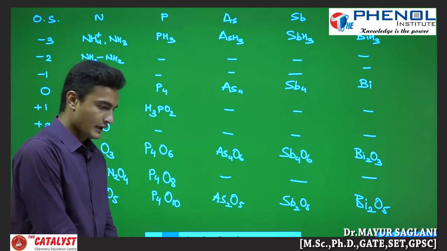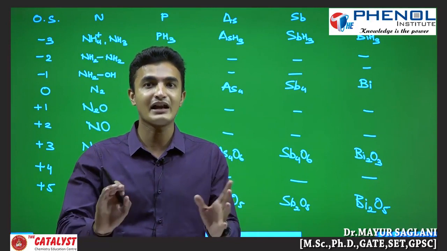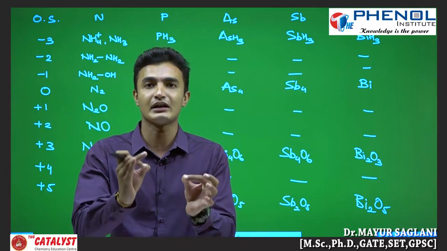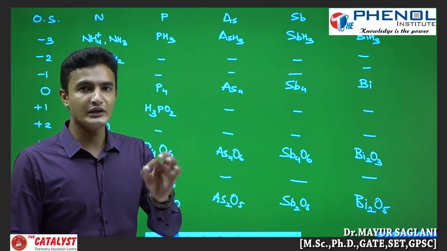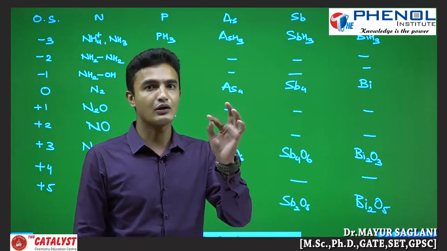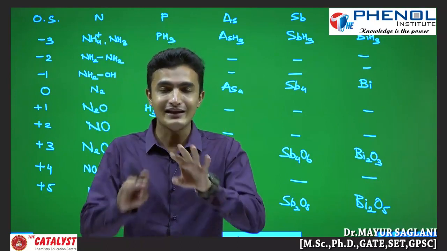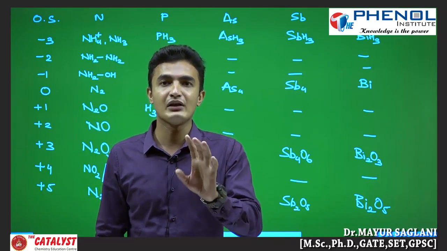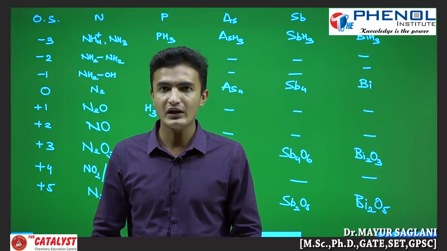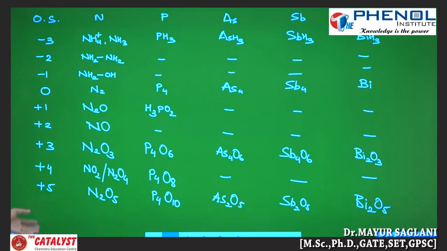We already know that the highest oxidation state of an element is shown with the more electronegative atom. Phosphorus will show the +5 oxidation state with chlorine, bromine, oxygen and fluorine, the most electronegative atoms. The +5 oxidation state of bismuth will be shown only with fluorine and oxygen, because fluorine and oxygen are the more electronegative elements, and that's why they give the higher oxidation state. Are we clear up to this? Okay, fine.